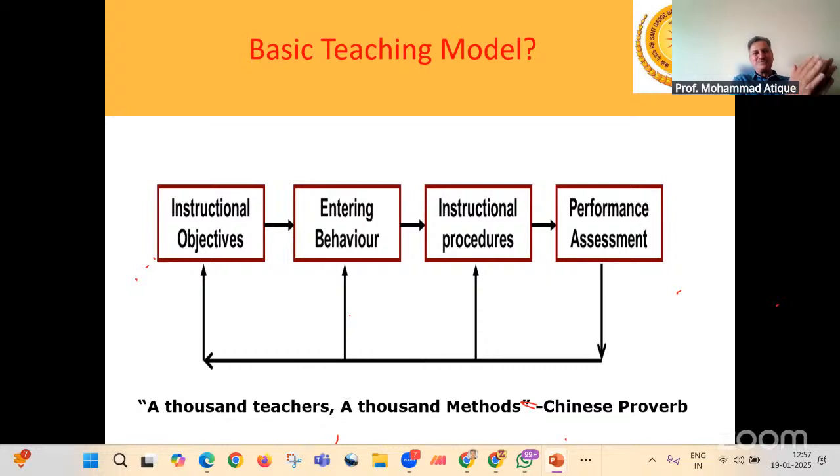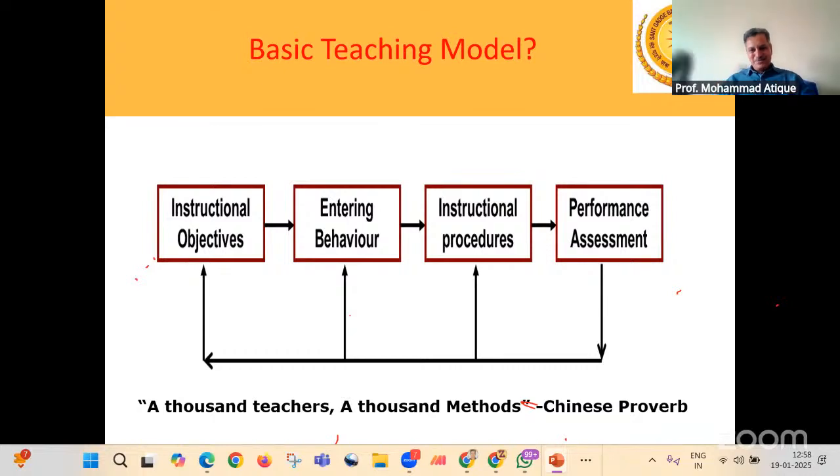Normally we do not conduct it, but ideally there has to be one. Then you underwent maybe 8 days of instruction on various perspectives of NEP. And at the end, right now, I think we are having a quiz going on, right? So it is nothing but the performance assessment. Then you will be evaluated, you will be awarded certificates and so on, right?